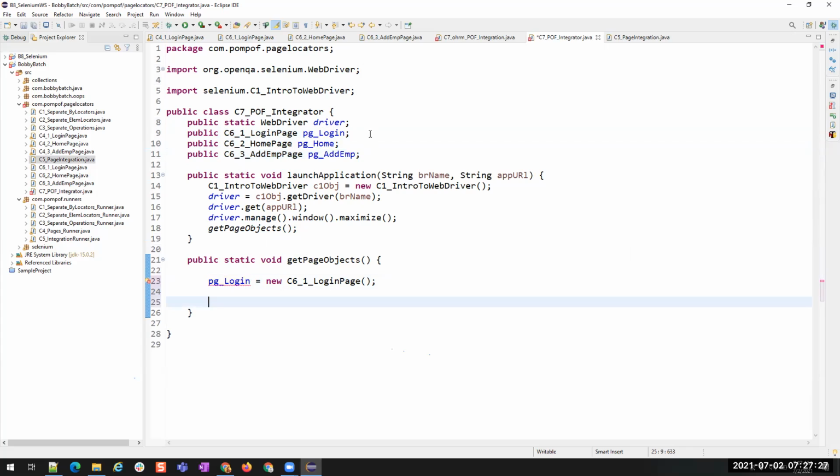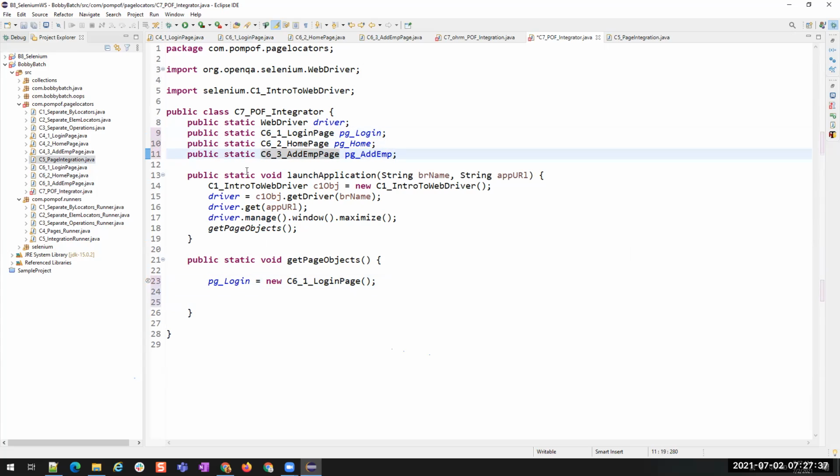Okay, this is not static. Then we have pg_home is equal to new C6_2 HomePage. And then we'll also create pg_add_employee is equal to new C6_3 AddEmployeePage.